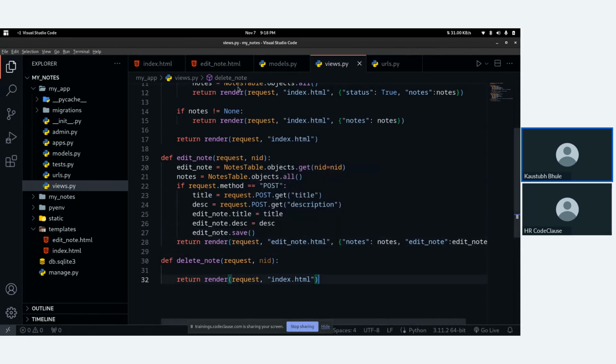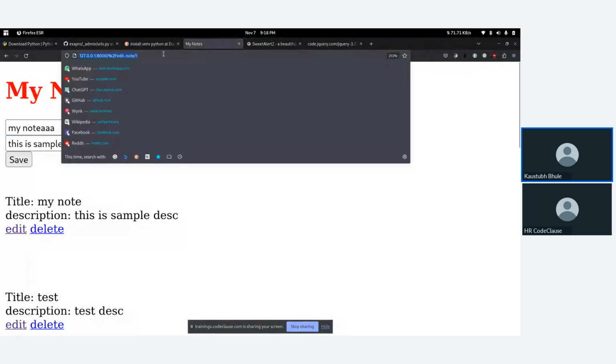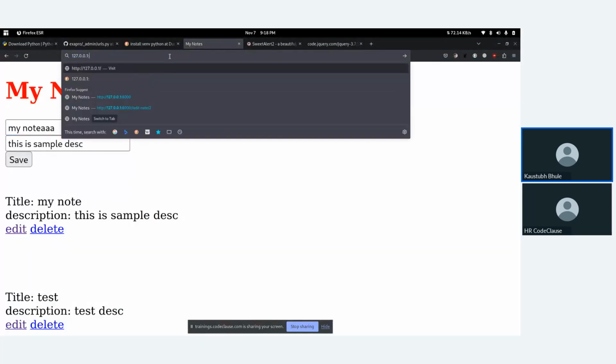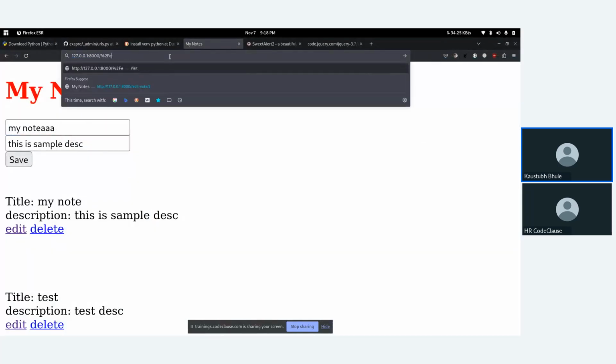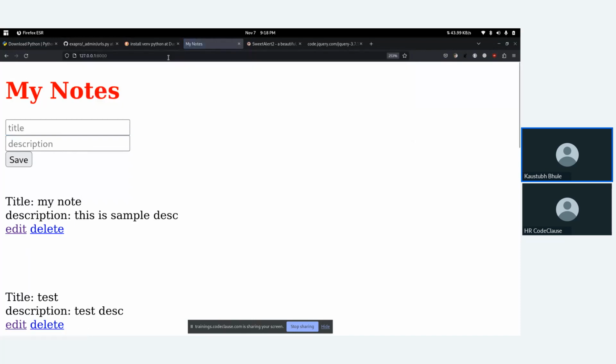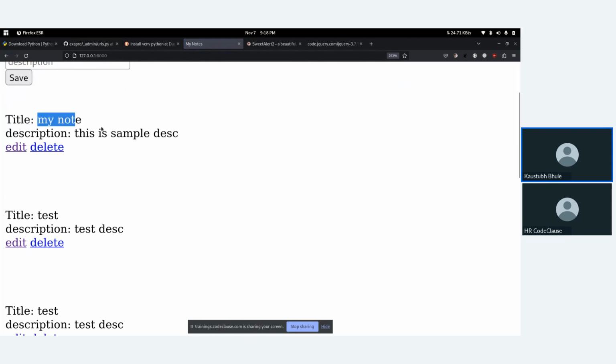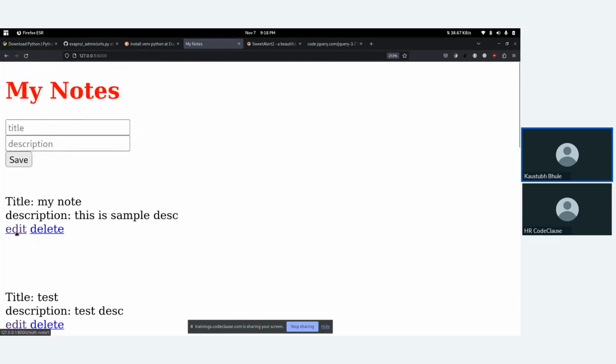Let's try to execute. It is my note, right? Click on edit. The data is loaded in our simple form. I will just change this to updated updated data, something like that.